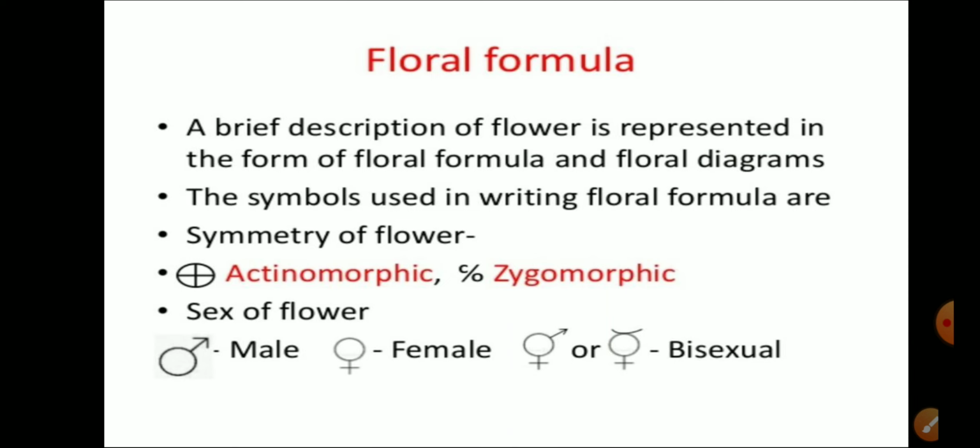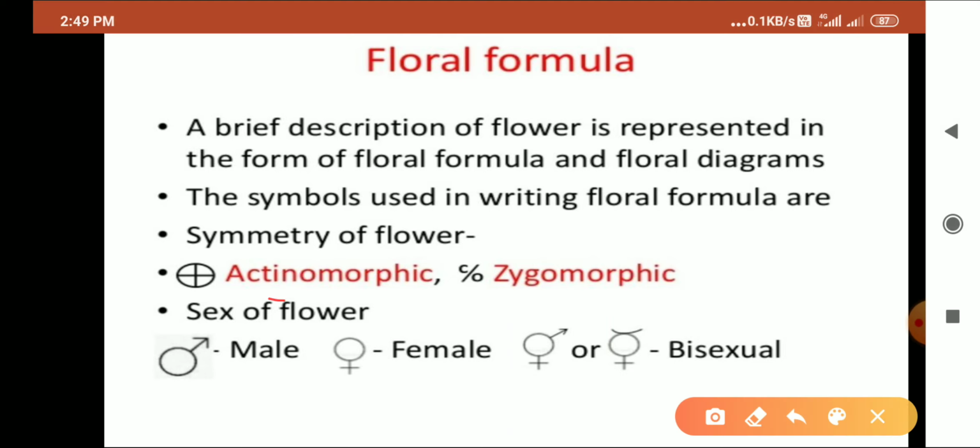As the name signifies, floral means it is related with flower. It is a brief description of a flower which is represented in the form of floral diagrams or formula. That means some symbols are used. The symbols which can be used to write a floral formula are, for example, for symmetry: the plus in a circle, and the symbol that signifies percentage, that means zygomorphic symmetry, and the plus sign in a circle signifies actinomorphic flower or actinomorphic symmetry in